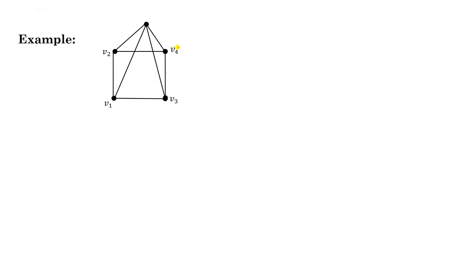This is another example. Here we have to find the chromatic polynomial using the decomposition theorem. I am just giving you the hint, and now you have to apply this theorem and find the chromatic polynomial. Look at this graph, V2 and V3. These two vertices are non-adjacent. Similarly, V1 and V4. These two vertices are non-adjacent. So you can choose any pair to start. Suppose you start with V2 and V3.